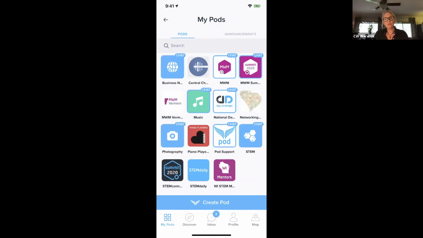So we are going to work with the state leaders to facilitate setting up one MWM state pod for each of the leadership groups. And we already do have a pod set up for MWM leadership, so that all of the state leaders can join the community to share best practices or events or activities or things that are going on. So following the summit, Miguel and I and some of the other folks on the team will be having conversations with you all about getting you activated on the MWM leadership pod, and then we can assist in setting up your state pods as well.